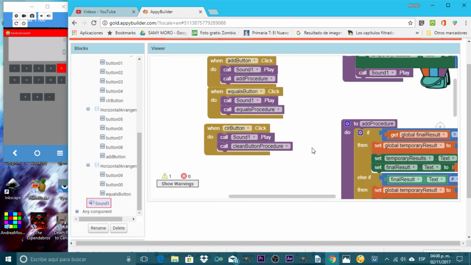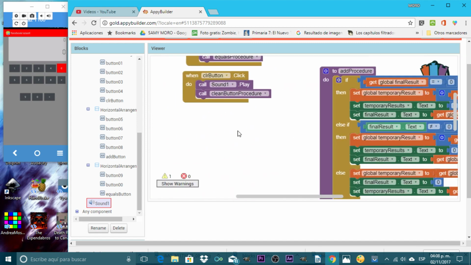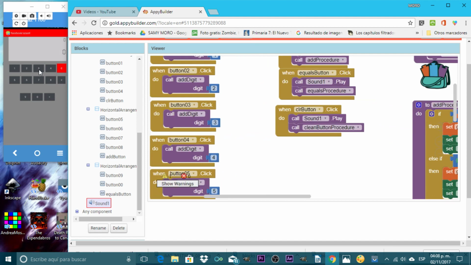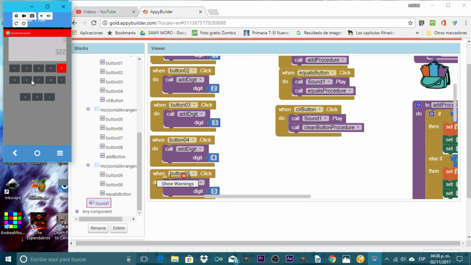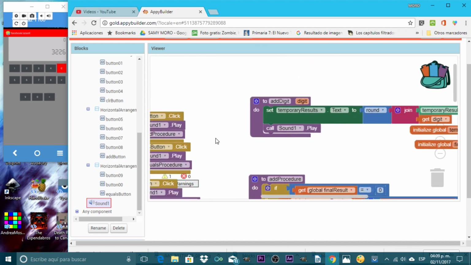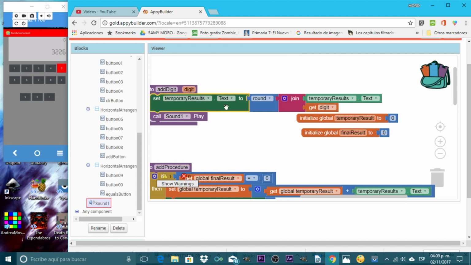So just to sum up everything, we have here the buttons, and we created a procedure to add a digit. Here when we click, we are adding a digit. So basically the idea is that we are using here the add digit procedure, and we have the temporary result text, the one that is under. We are going to round to remove the 0 from the left, and we're going to join the current value. For example, this case is